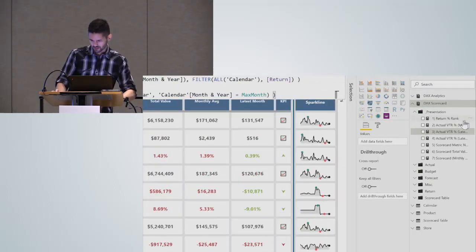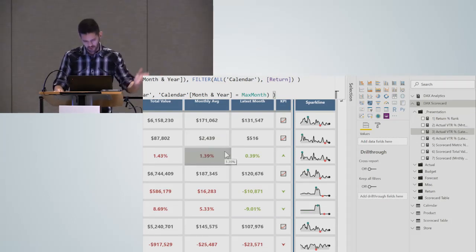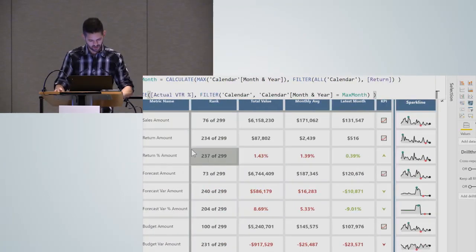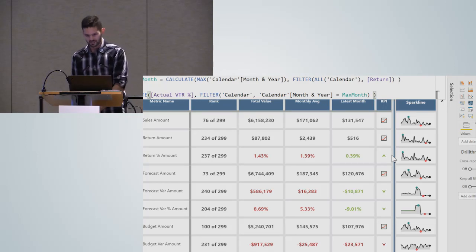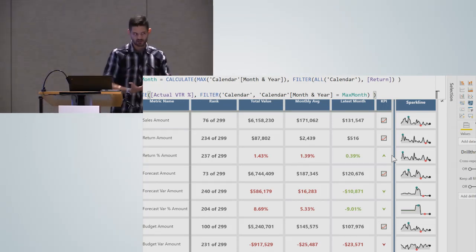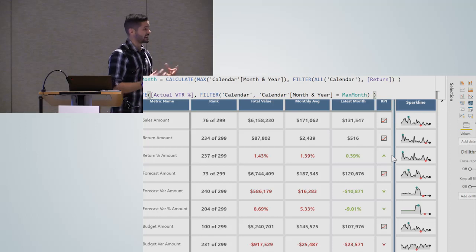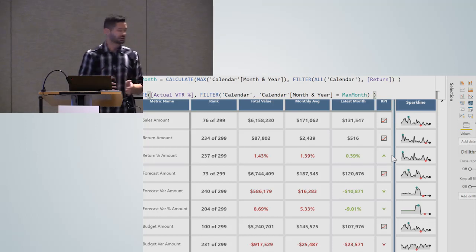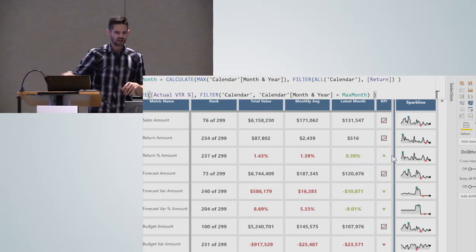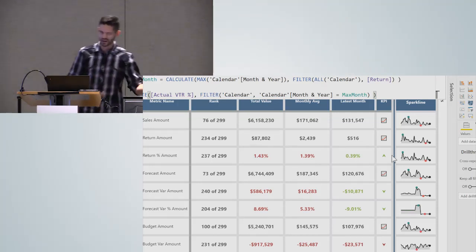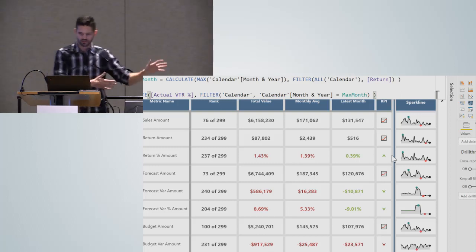There you go. And you'll see some other ones in here as we are trekking through the data that we have in front of us. We've gotten to the monthly average, we've gotten to the latest month. Something that DAX can do as well is return a lot of different symbols. There's now a second way to return things that you see here using the new icon sets. I still prefer to rely on DAX a bit because that can be reused a lot more readily in visualizations over and over again, whereas each time you set up icons in a new visual, you have to go in and configure them repeatedly. So I find that adds a bit more development time.